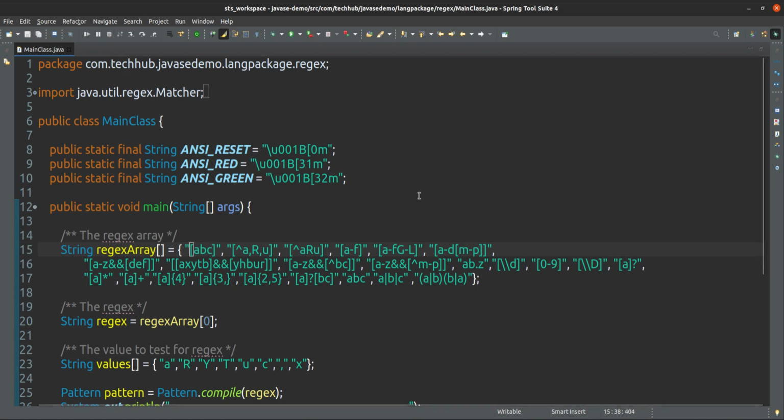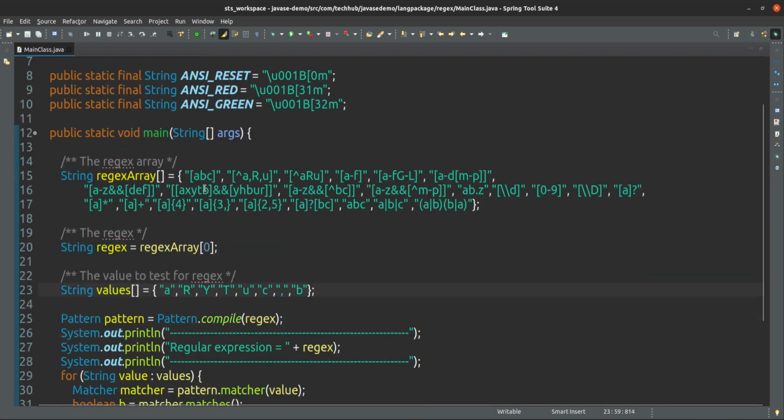So if you see here, A, B or C, this is the first regular expression. Here I have defined one array of regular expressions. Whatever regular expression I want to use, I take from this regex array, accessing that index only.